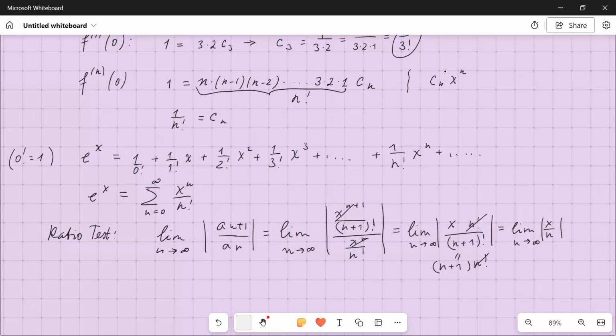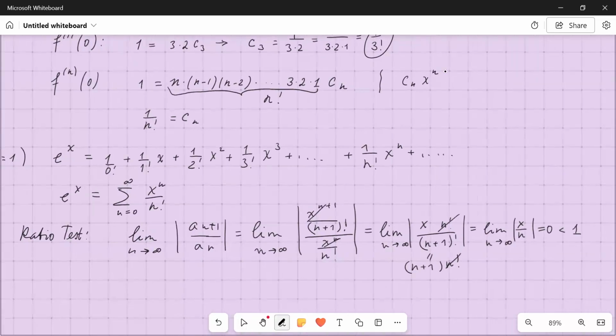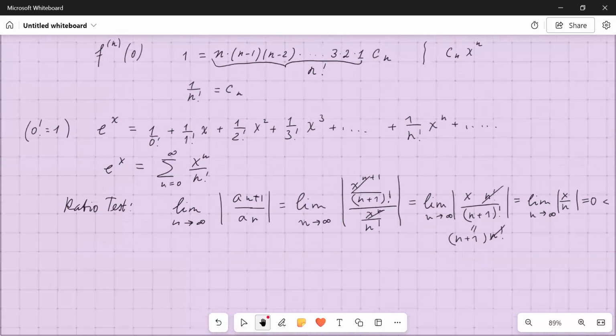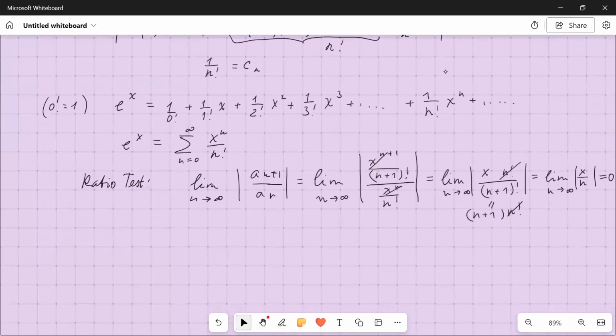Remember, guys, that was one of my examples when a series had infinite radius of convergence, because no matter what x is, when you divide it by infinity, it's going to give you 0. And 0 is always less than 1. So this series is convergent for any x from